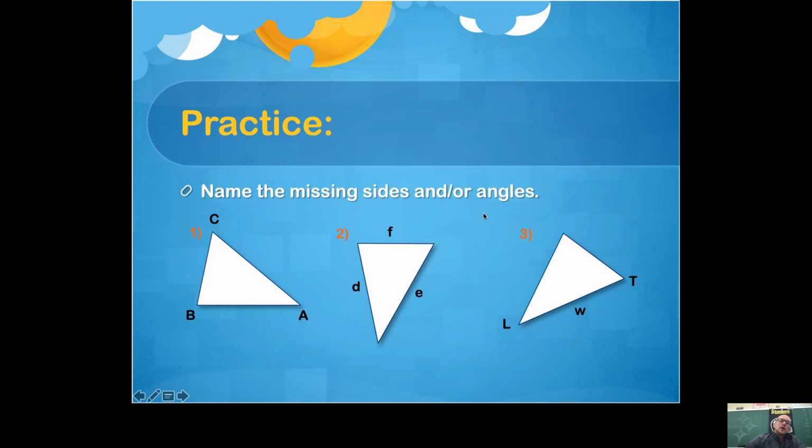Okay, so we're going to start by naming missing sides and/or angles. For example, in this triangle, they give you the three vertices. What we need to do is come up with a name for each side. You can name it, for example, segment AB. If you want to just call it segment AB, you can. But what we're going to do instead